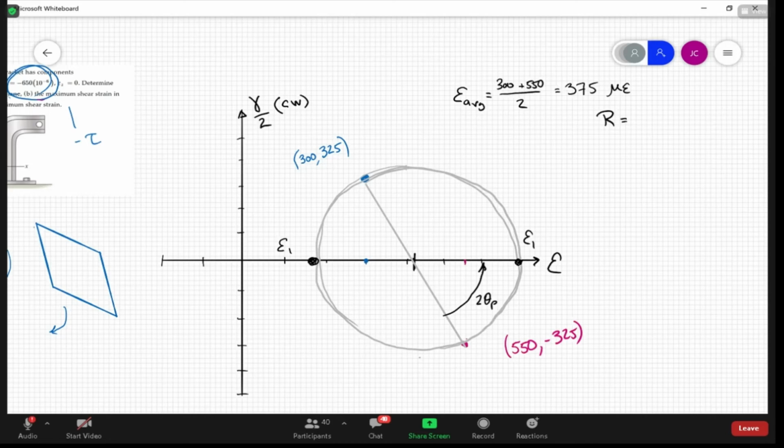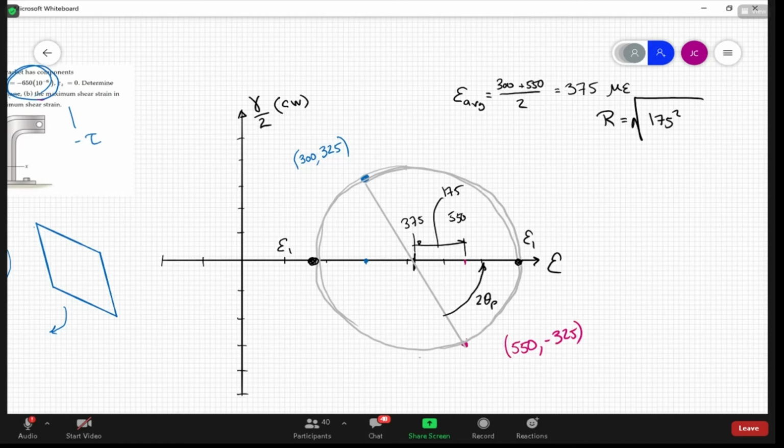So this distance here is going to be 550 minus the 375, which is 175. So the radius of this circle is going to be